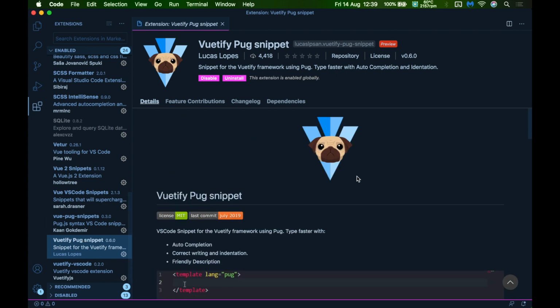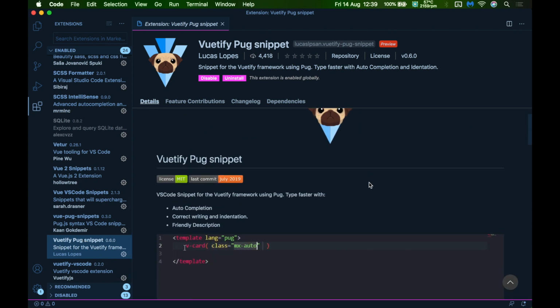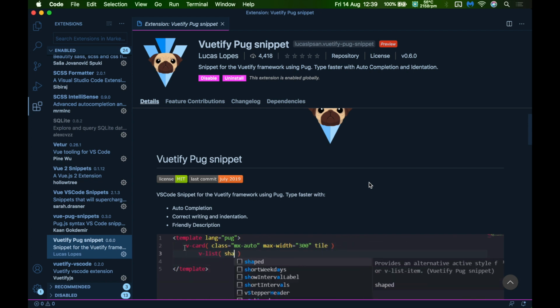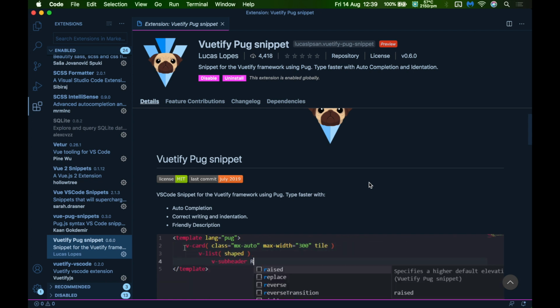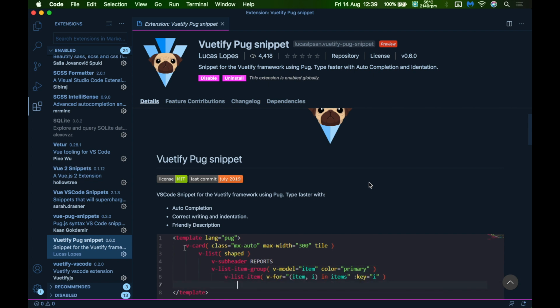The Vuetify pug snippet is the same thing, except it combines pug formatting with Vuetify snippets. So that's really important because I use Vuetify as my CSS framework when I'm running a Nuxt app. Mainly because of the components. It's so full of components, it's lovely, and also the JavaScript type components like drop down menus and carousels, they work so great and so easy to customize and add,